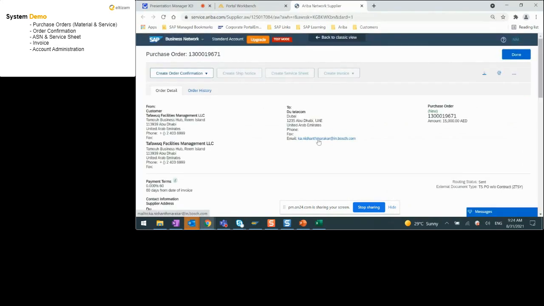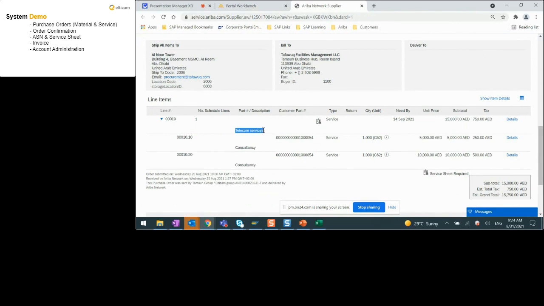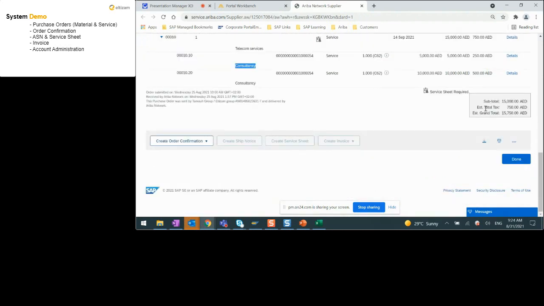So once you click on this process order, this will navigate you directly to the service order screen, where you see your purchase order number that you already received from Iltizam Group. You see the status, and you see the same information that we have seen in the email. So here you see it in more easy format. You see here is the main service requested, or the service group, and the services in child form. So here you can review and check if this is okay and accepted by you. And you can see here also this is the document that is required, which is the service sheets